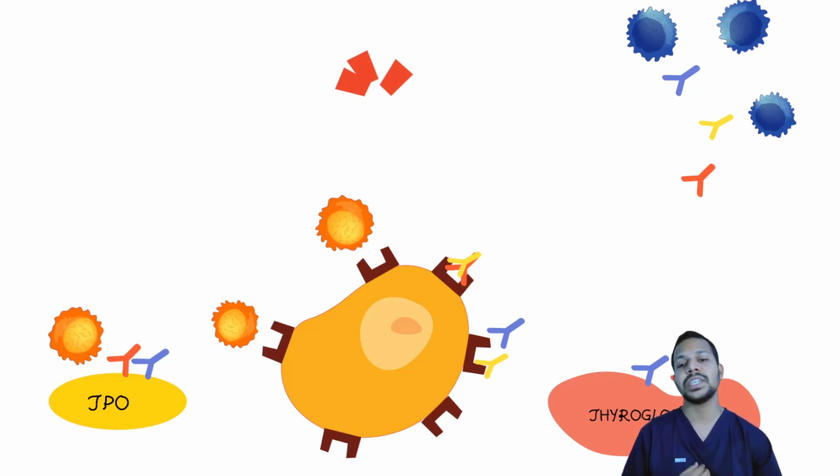The antibodies which bind to the TSH receptor can be of two types. One is the TSH receptor stimulating antibodies. The other one is the TSH receptor blocking antibodies, or the TSH receptor inhibitory antibodies. The word itself tells you, when there are stimulatory antibodies, there is increased production of T3 and T4 that will result in hyperthyroidism. These antibodies are predominantly seen in Graves' disease. And these inhibitory antibodies will result in hypothyroidism, predominantly seen in Hashimoto's thyroiditis. But keep in mind that both can be seen in Hashimoto's thyroiditis.